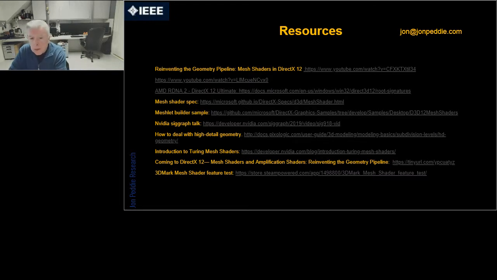NVIDIA and AMD have a bunch of great white papers. Microsoft, with the Mesh Shader Spec, has a fantastic white paper. If you really want to dig into this and understand how to program it and what the results will be, I highly recommend that. Khronos has similar papers on their webpage.